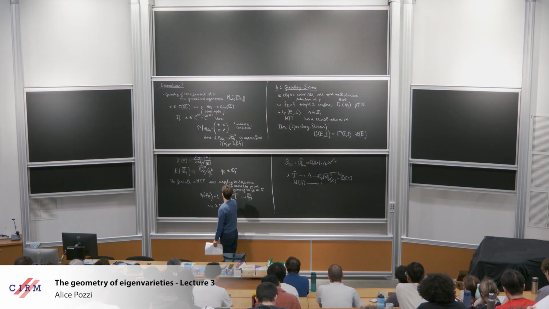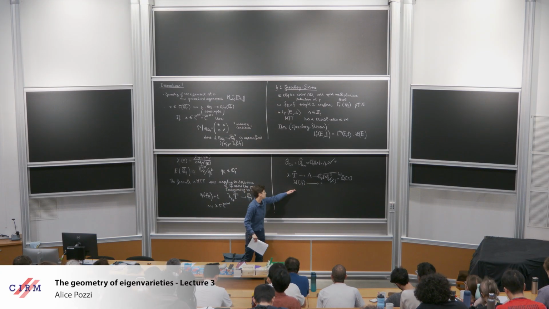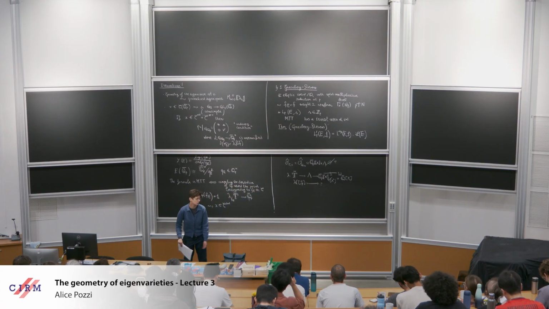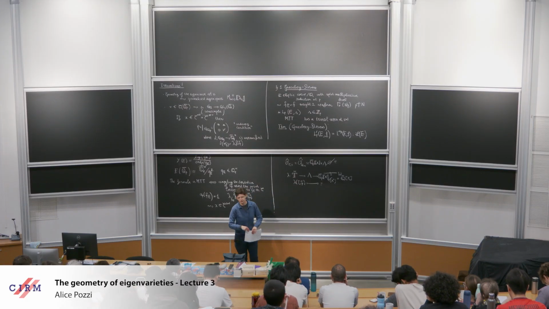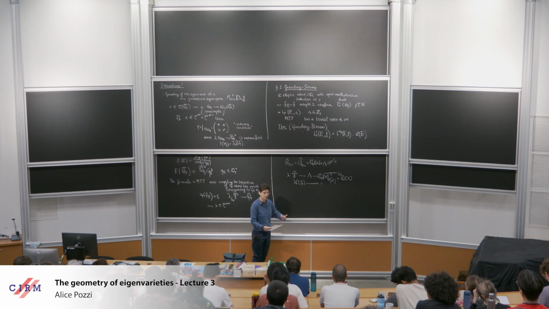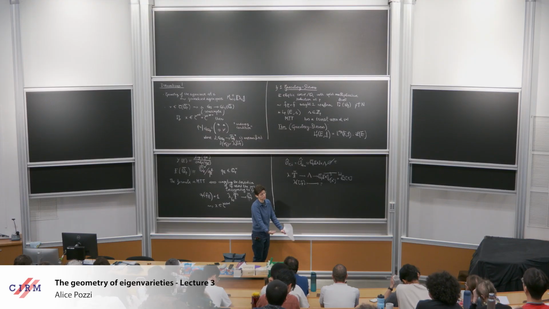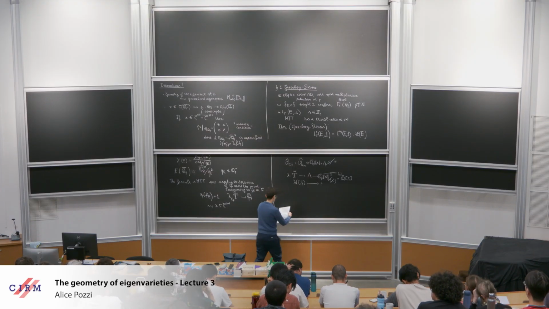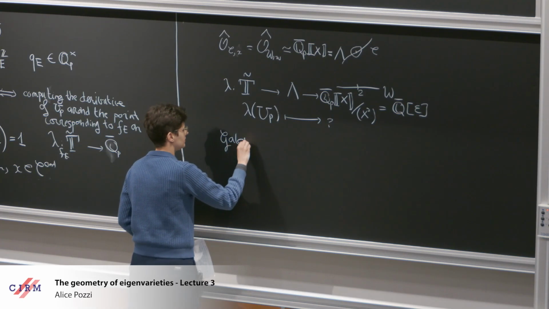Once you reduce it to this question about derivatives of operators, we've mentioned at the beginning of this lecture that the value of the UP operator in the ordinary case is encoded in some way in the Galois representations of ordinary forms, because those come with an unramified quotient on which Frobenius acts by UP. So that's what we want to use. So what is the Galois representation attached to this guy? So let's look at the Galois side.